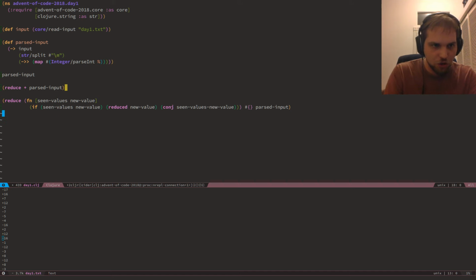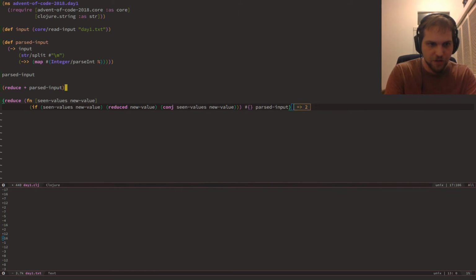Okay, so that should work. If I've seen this value before, reduce it to a new value. Otherwise, oh, that should not be there. Wow. The value I've most recently seen is 2. So that's the one I should see twice first.